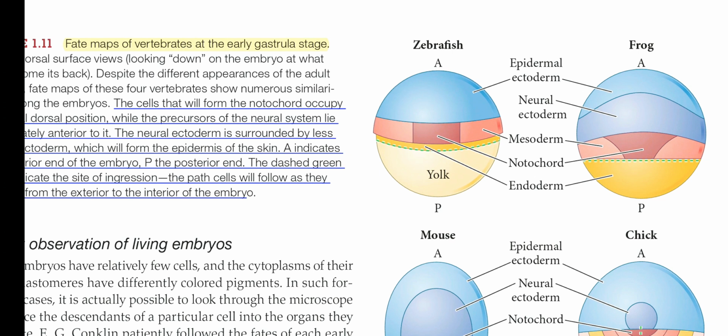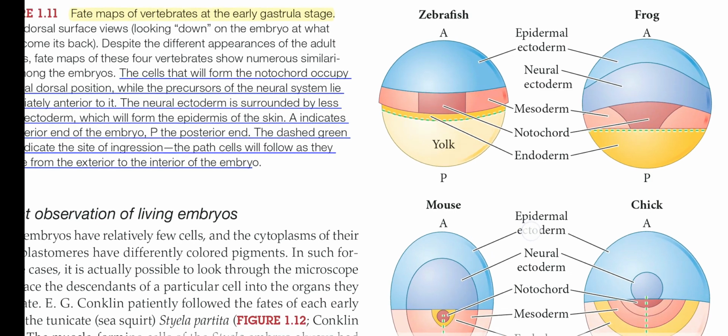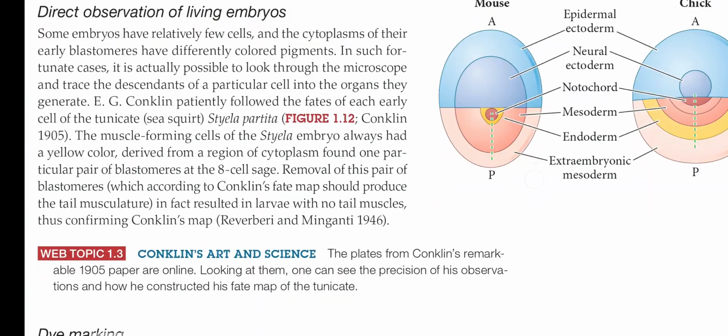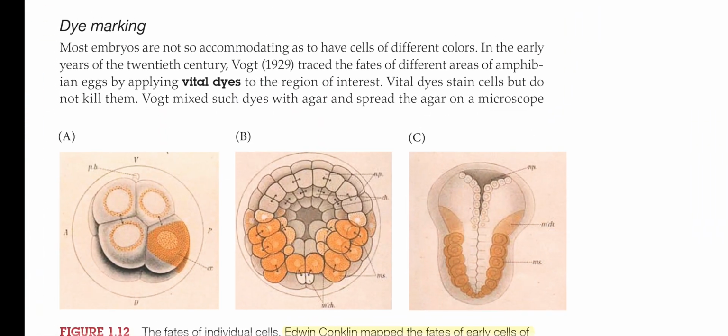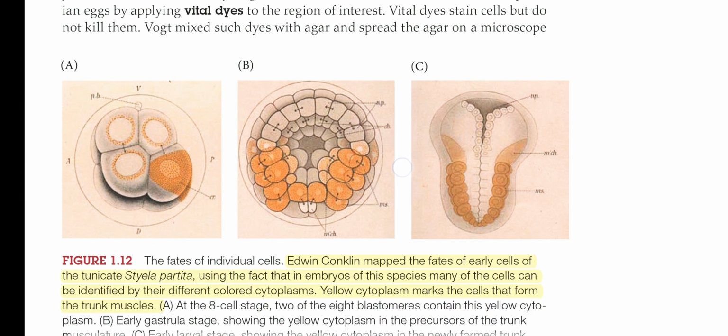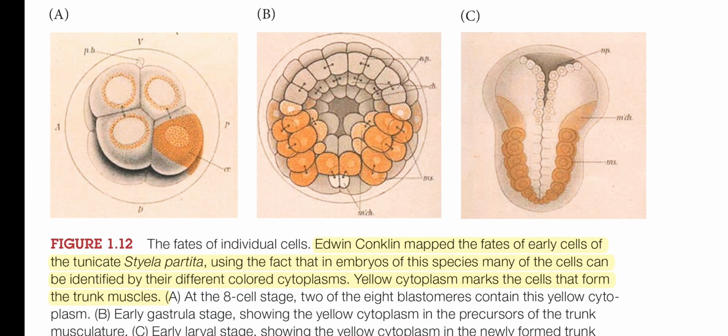On the top, towards the anterior, you can see the epidermal ectoderm, followed by the neural ectoderm. That is the ectoderm. Then your mesoderm, which includes mesodermal cells, then endoderm, etc. So dye marking is shown here, and yellow color is applied to a cell, which on further